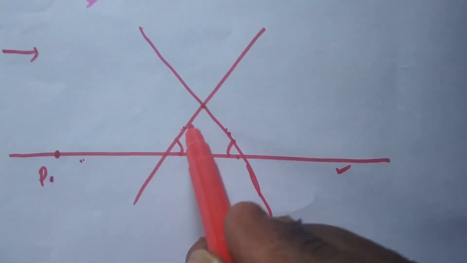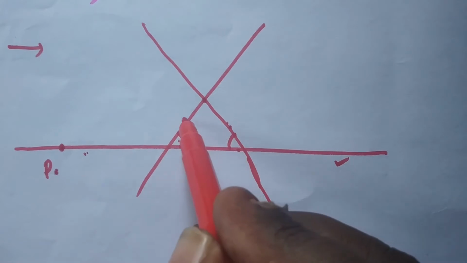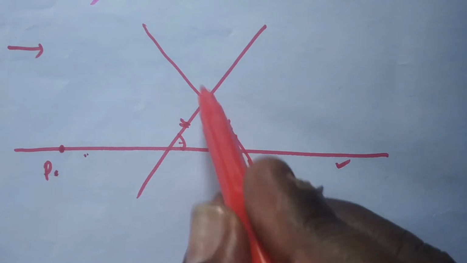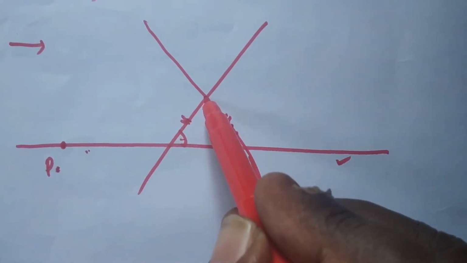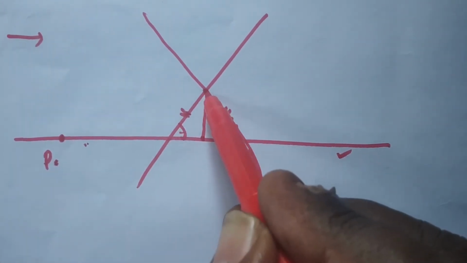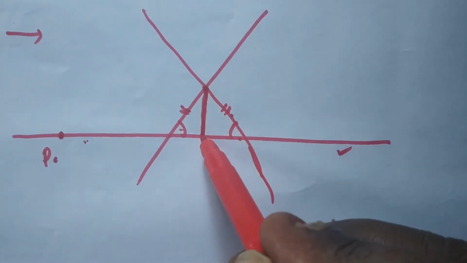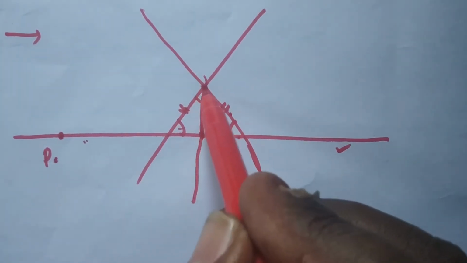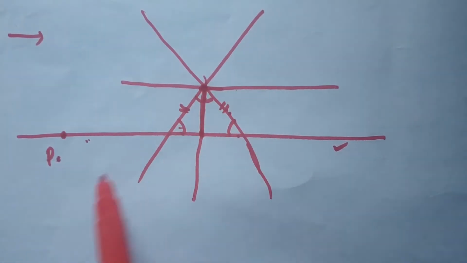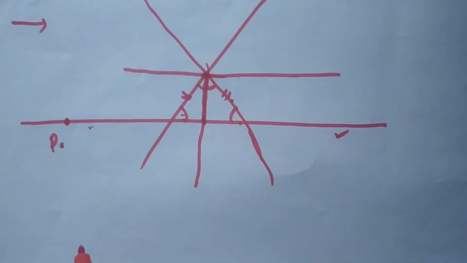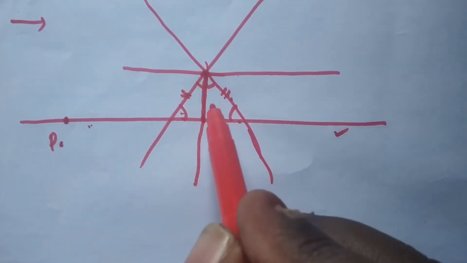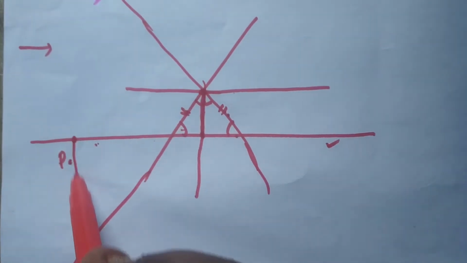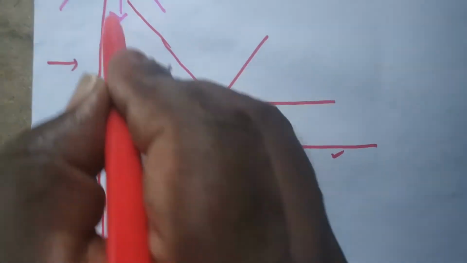In this case, these two angles are equal, so these two side lengths are equal for this triangle. Now it becomes an isosceles triangle. For an isosceles triangle, the altitude, the perpendicular bisector and the angular bisector are the same. So this is the angular bisector. This is the other angular bisector. Therefore, your required line is nothing but the line parallel to your angular bisector. So there exist two lines. This is also your required line.